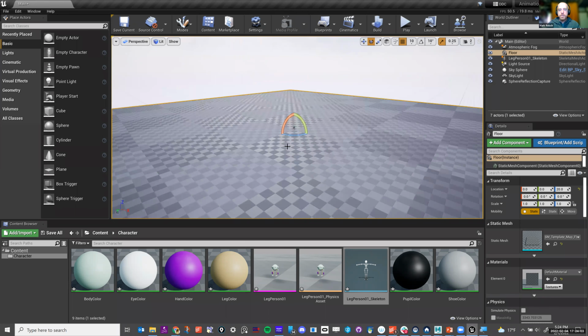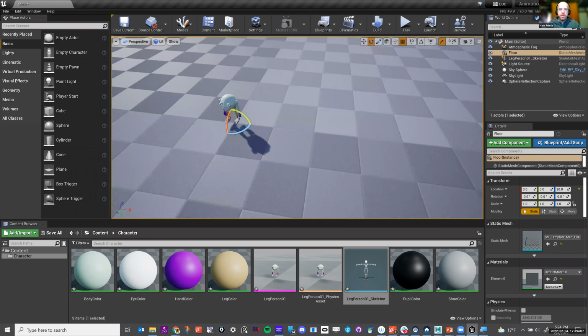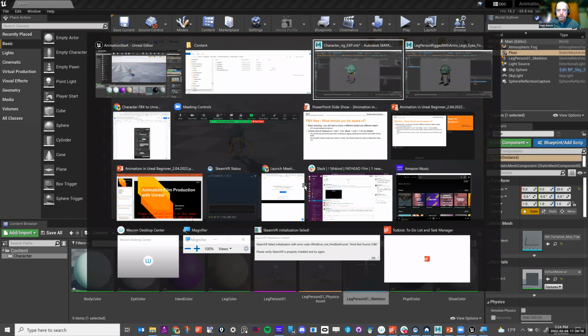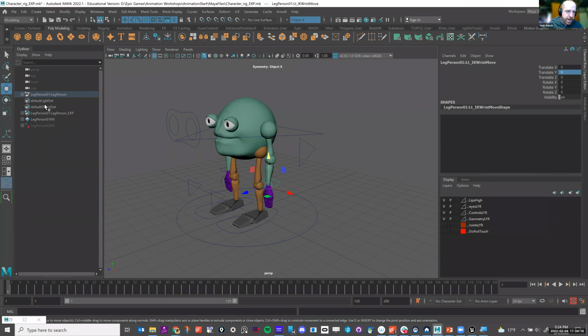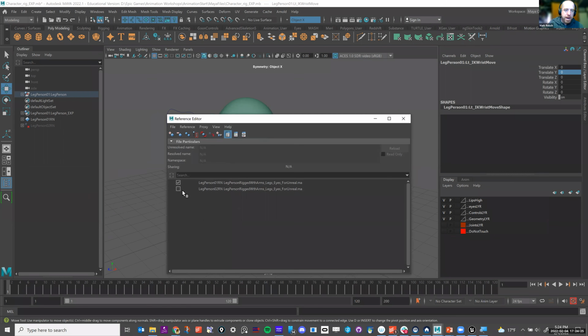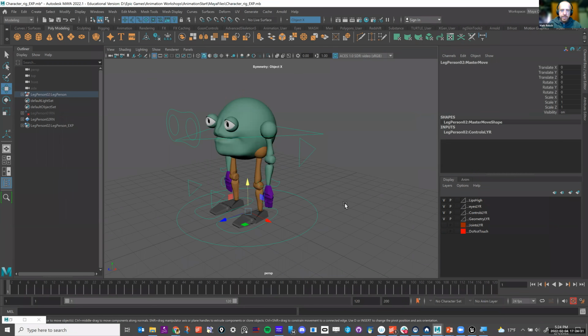Okay, so that is just bringing the character in. Now, if I wanted to bring in another character that was actually the right scale, say we'll create our character 2, I'm going to go back to my Maya file. So this is my Maya file, and I'm going to go back to my reference editor, turn back on person 2, and shut off person 1 for right now. Okay, so now when I select this, this is going to be leg person 2.